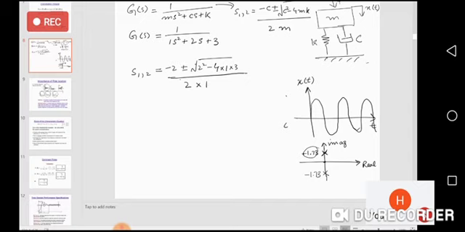Now this will be equal to -2 divided by 2 plus minus under root 4 minus 12 divided by 2, which will be equal to -1 plus minus